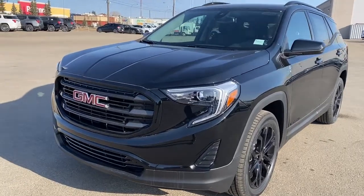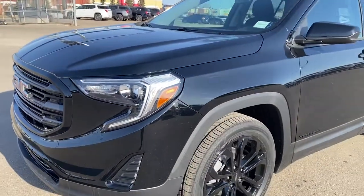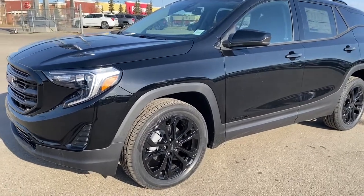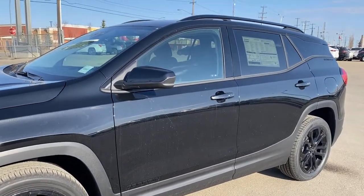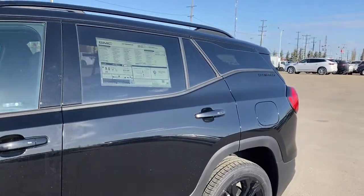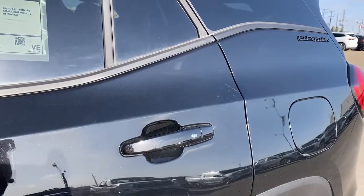At the front of the Terrain we have the blackened grille, LED headlamps, a 1.5-liter turbo engine under the hood, 19-inch gloss black aluminum wheels, rear tinted windows, blacked out Terrain and elevation badging down the side, black roof rails, rear tinted windows. The door handles have intelligent access, so as long as you've got the key fob on you,